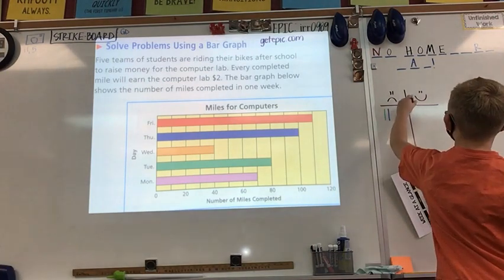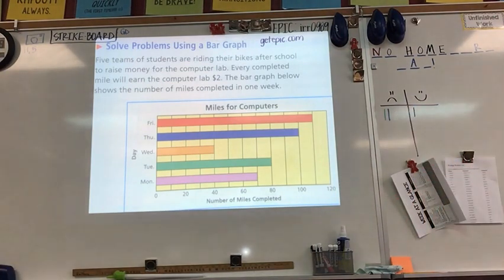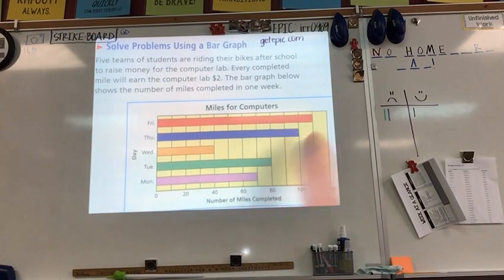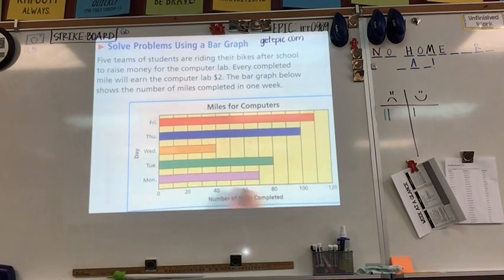All right, listen for this next one here. Numero dos. How many fewer miles were completed on Monday than on Friday? Now, I did want to show you guys a quick trick for this. We've done comparison bars in the past, but when it's bar graphs in particular, I like to start either at Monday and count up to Friday, or start at Friday and count back. And I would just know that these lines, every other one is labeled as a 20, so I know every line is counting by